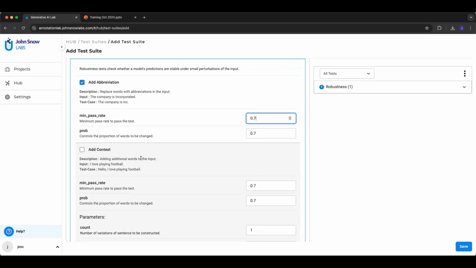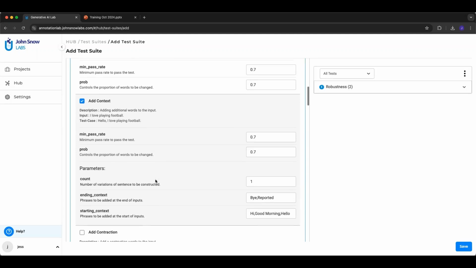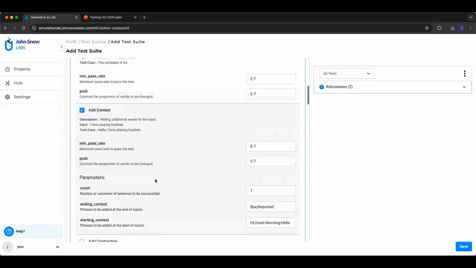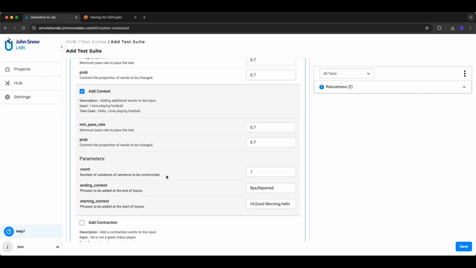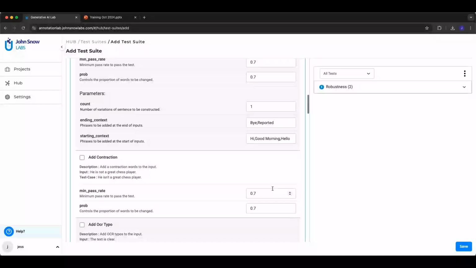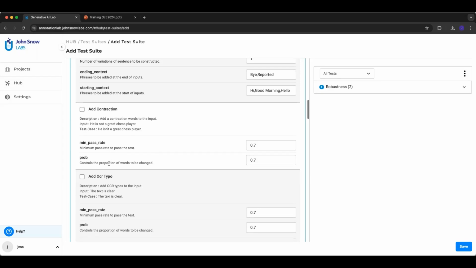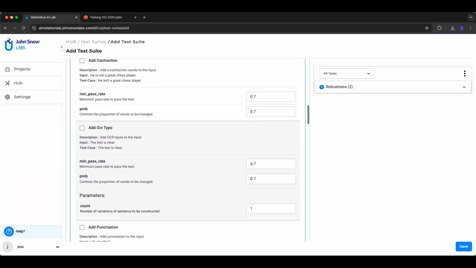Next, you have context, so try adding additional words into the input. And the same idea, it's got a minimum pass rate and the probability. There's also an additional number of parameters, so variations of a sentence to be constructed, some ending context, which you can decide to put in separated by commas, and some starting context as well. The ability to add contractions. So "is not" versus "isn't" is a great example of this. Same idea, you have the minimum pass rate and the proportion of words to be changed. Then you have